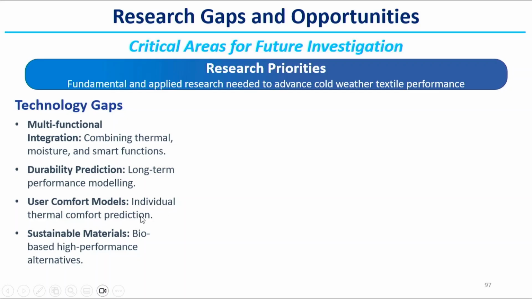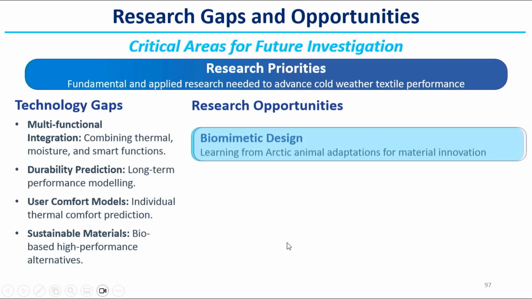User comfort model, individual thermal comfort prediction. For an individual person, every person will have their individual physiological response, like metabolic heat, sweat generation and different types of other physiological responses. So, depending on the individual person's physiological response, the comfort model can be developed, and then sustainable materials, bio based high performance alternatives can be developed. So, the research opportunities are